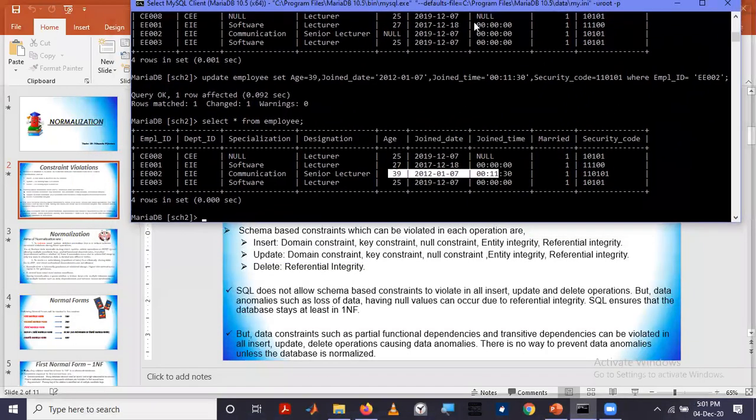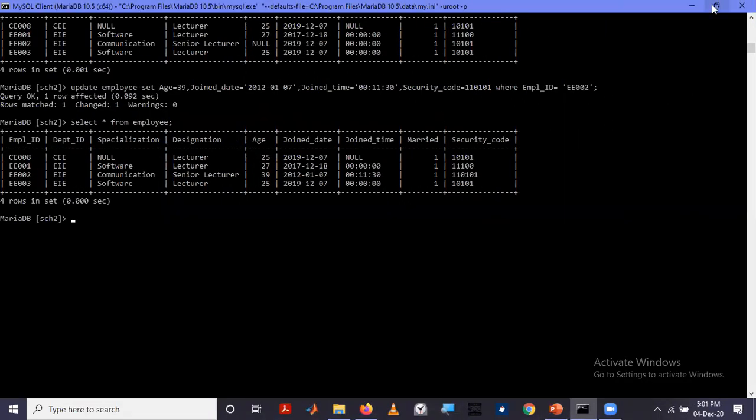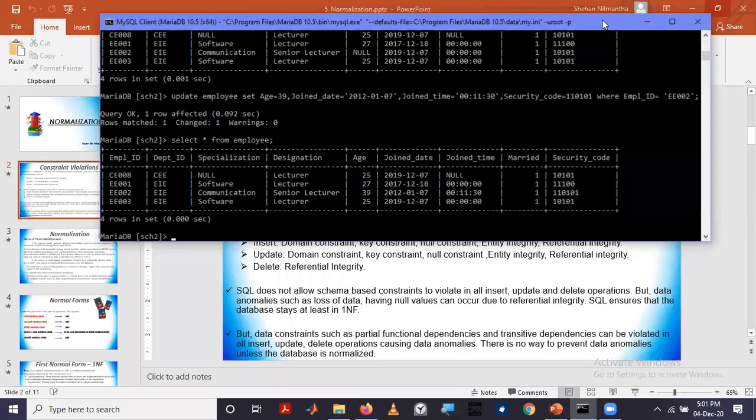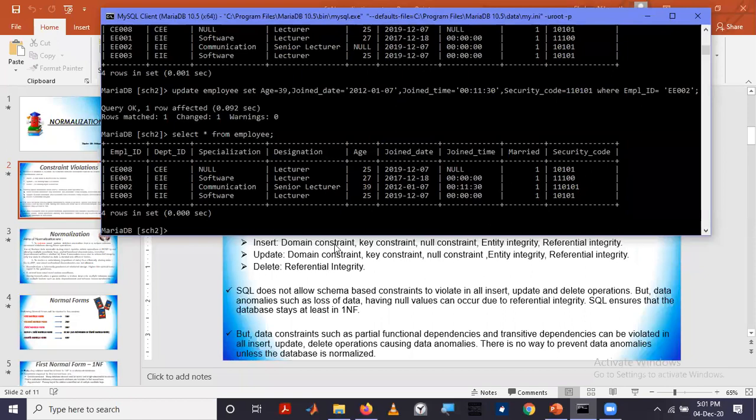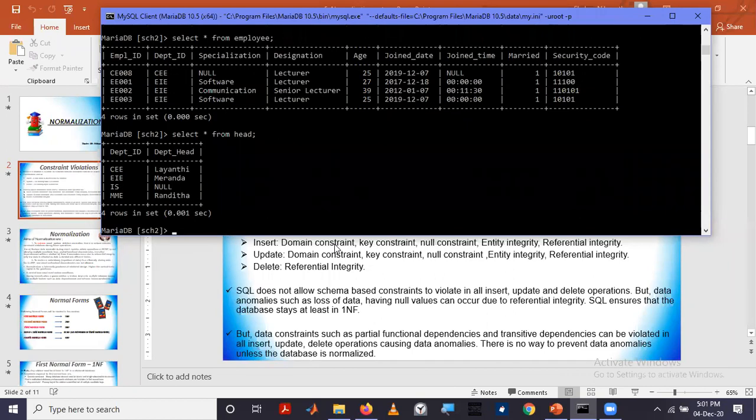So domain constraint, I'll demonstrate that one also. If you try to insert into, I'll take the other table as example, select star from head.